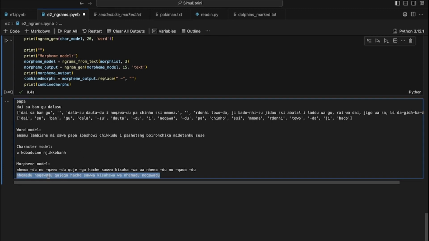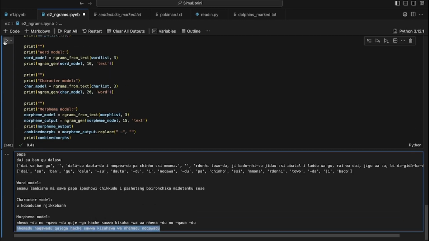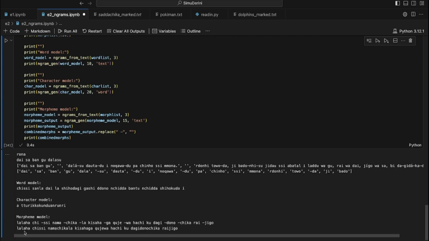This is definitely also copied, so let's just generate it again to see. Lala chisi namashkala ki sahga ujewa hachi ku dagiro no chikawai jigo. Lala chisi namashkala ki sahga ujewa hachi ku dagiro no chika. Okay, I don't think that's totally parroted. This is definitely not. Uiko